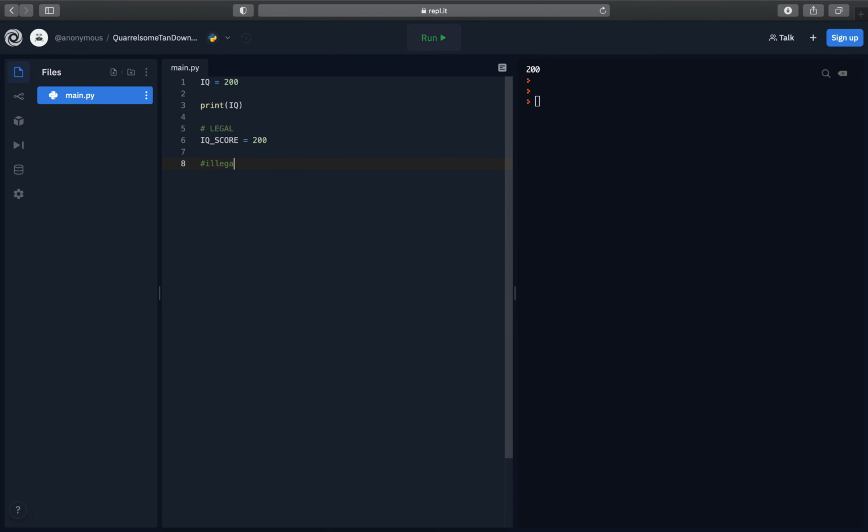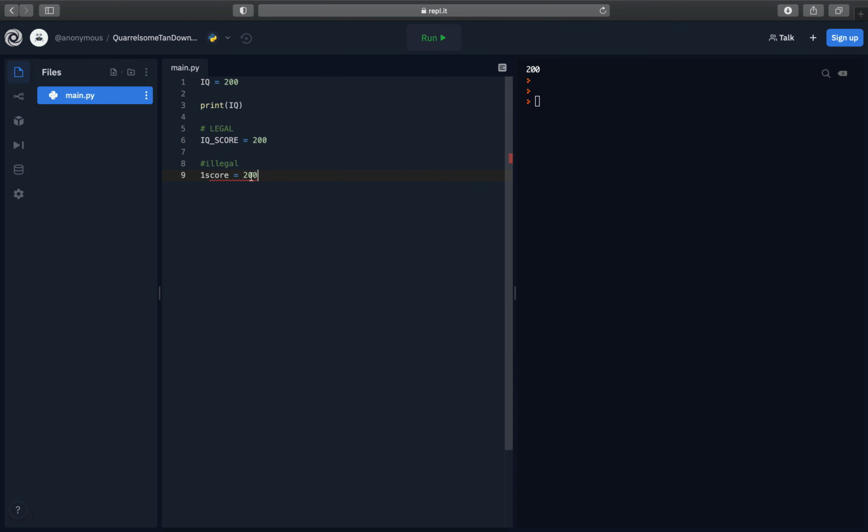What you should not do when writing variables is put numbers in front. So let's say we were to write 1st score. This would not be acceptable in Python because it cannot begin with a digit. See how I'm getting little errors right here? It won't tell you right away, but just know that you can never put a number in front of a